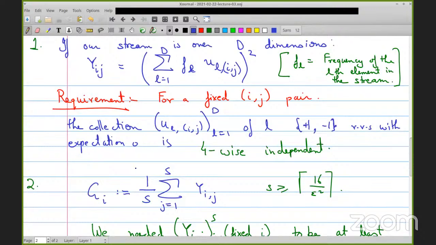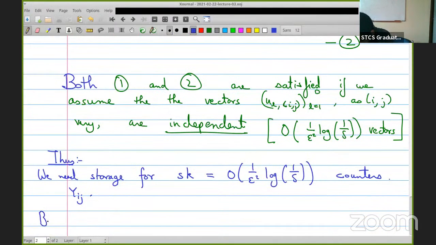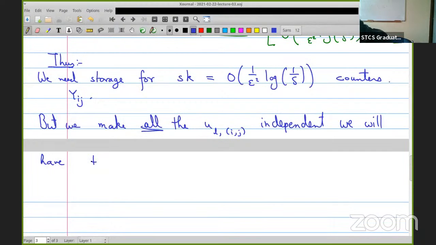If we just do it naively, each vector is of size d, and if we make all the u_ij independent, we will have to store